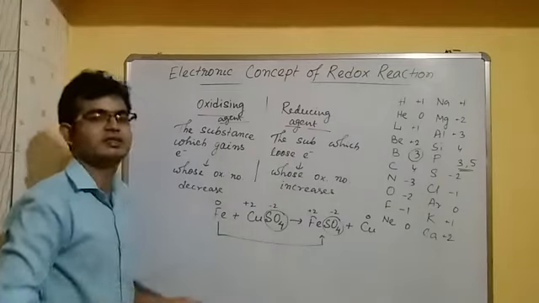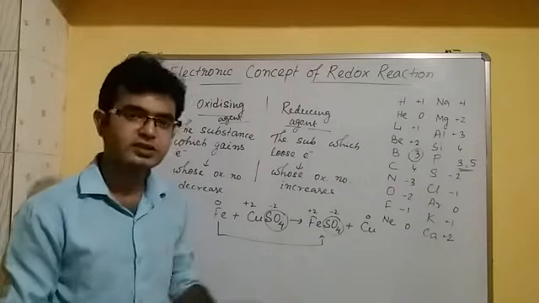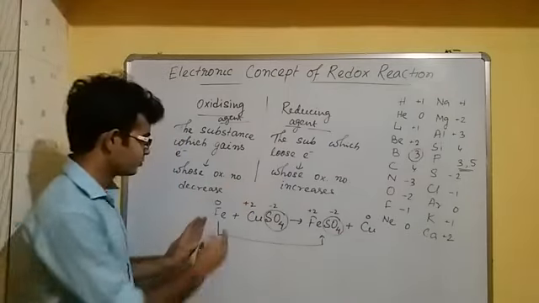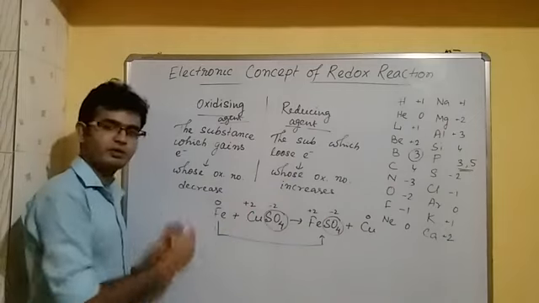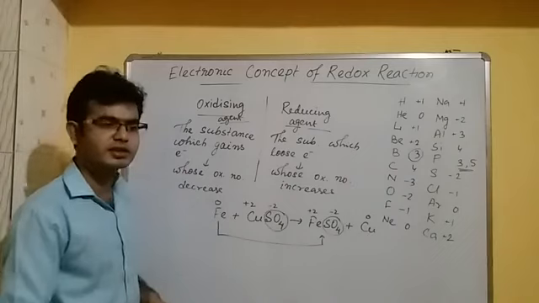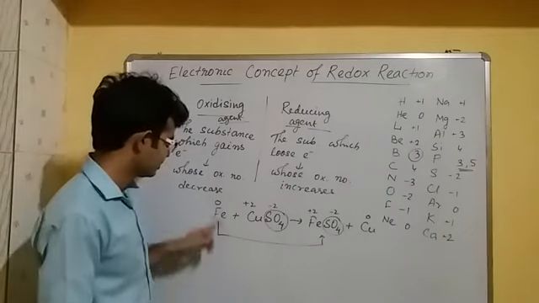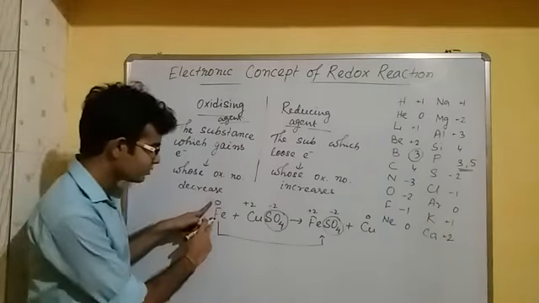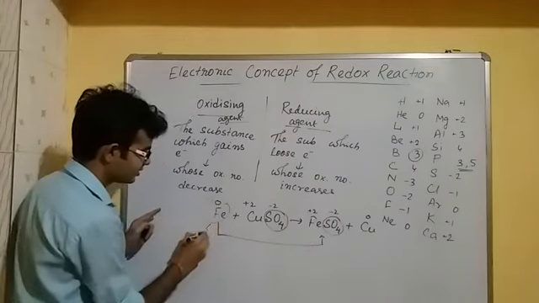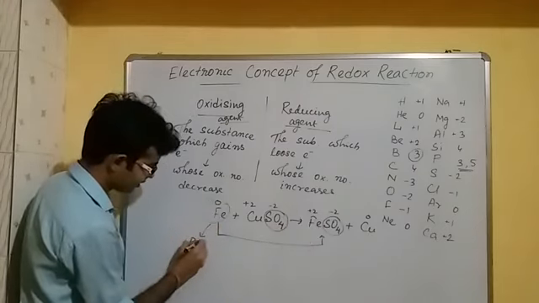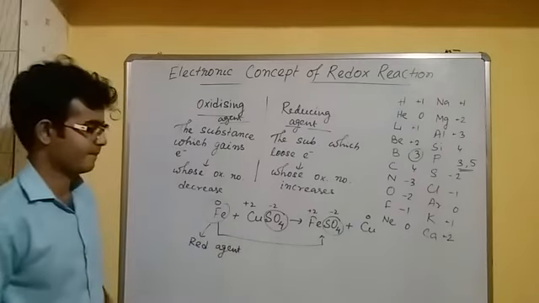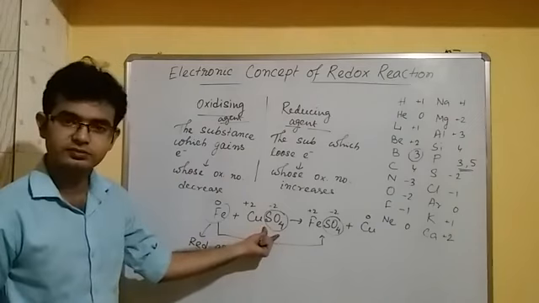We know that oxidizing agent and reducing agent are the reactants found at the left side of the arrow. Between these two, one will be the oxidizing agent, another the reducing agent. Let's check whose oxidation number increases and whose decreases. We observe that in the case of iron the oxidation number increases. So here iron is the reducing agent. It takes oxygen from this.